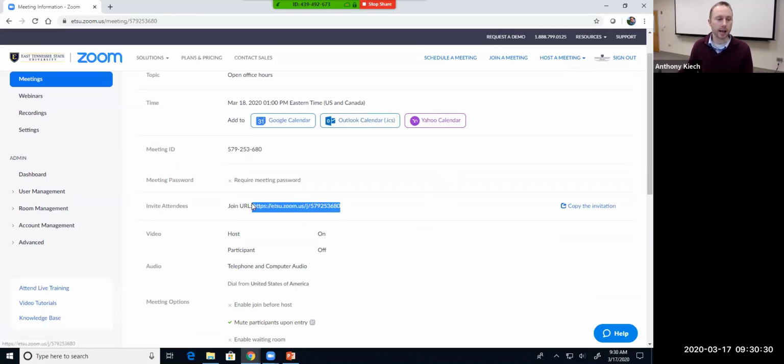I can copy that and I can put that in D2L. I can send that out in an email or instant message. I could text it to somebody. I can get that URL to any of my participants in any number of ways, and that's all they need to join the meeting. But if I want to give them a little bit of extra information, I can come over here to this copy the invitation button,